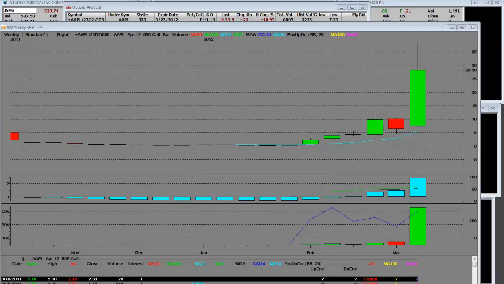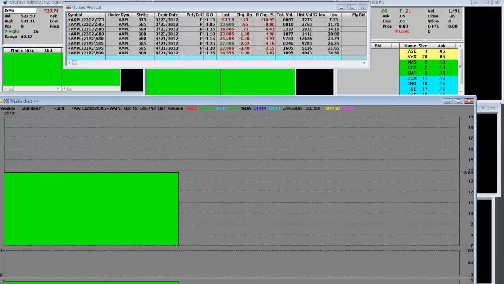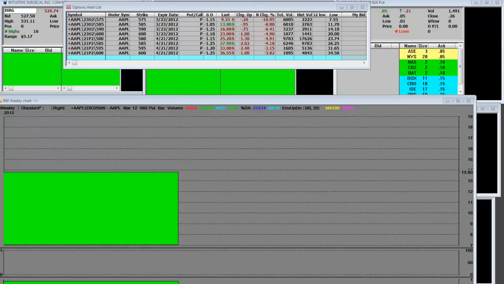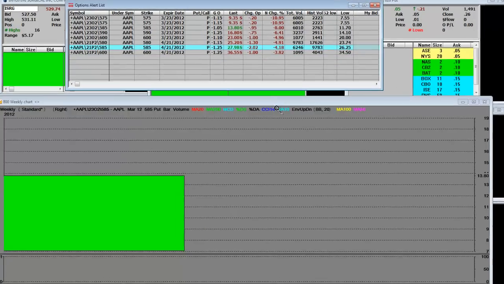But when you go back and take a look, the weeklies have only been written for one week. So we're going to be watching what this weekly looked like. It got to $7. The high was 19. So here is a weekly 585. And that 585 weekly will even go down as far as the 575. And we will trade near the strike prices for the weekly.